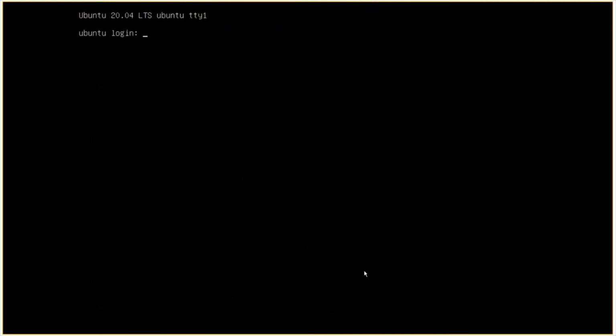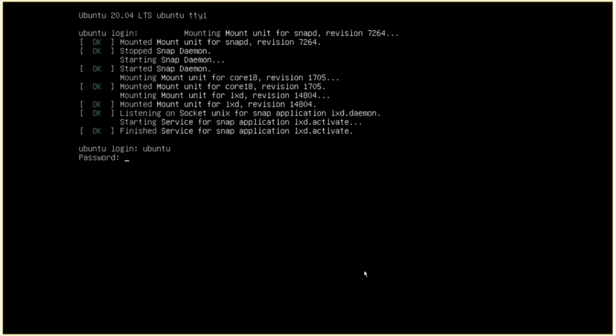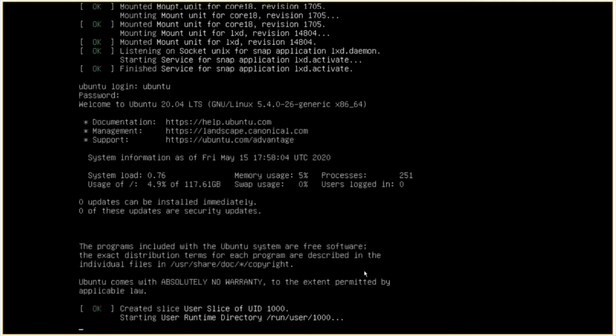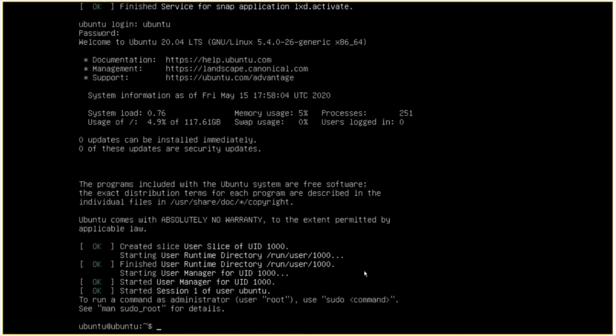I think this server gives me a feeling of cloud. Username and the password. See, now Ubuntu 20.04 LTS is installed.